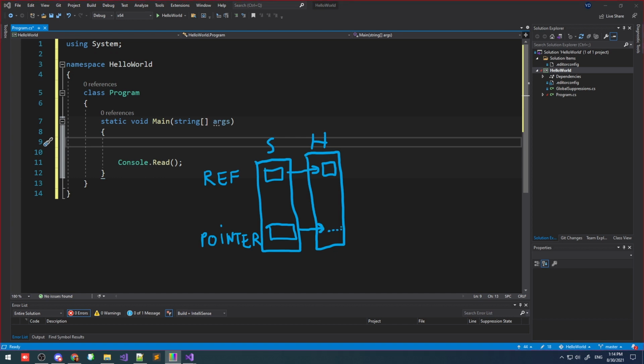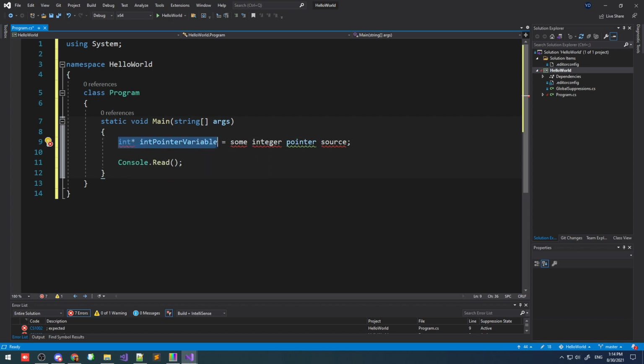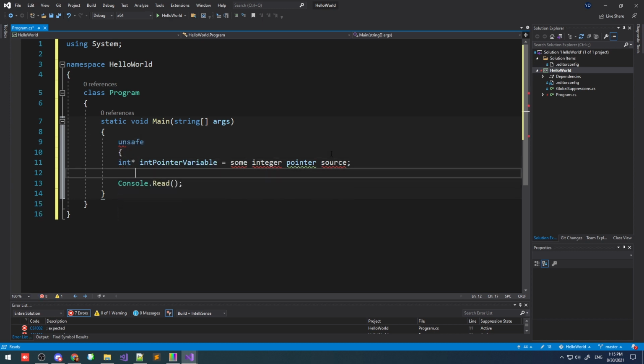A pointer is conceptually the same thing as a reference in C#, with a few major differences. First of all, references point to an object in memory, while pointers are not type-safe. You cannot guarantee the correctness of the memory they point at. Take a look at the following code. This is how we declare a C++ style raw pointer in C#, and because we are dealing with stuff that can be very harmful to our programs, we need to wrap it inside an unsafe block of code.